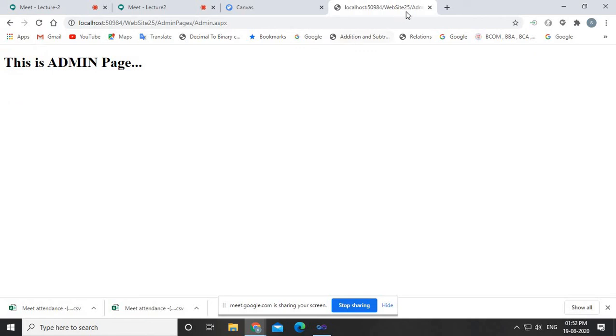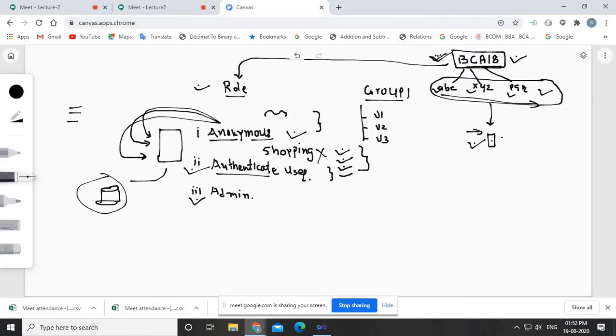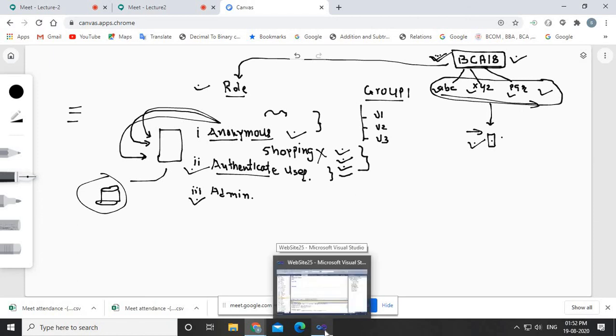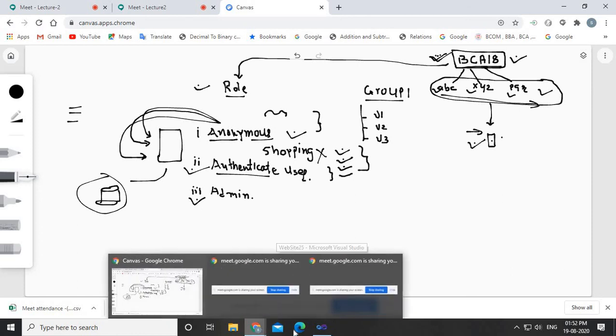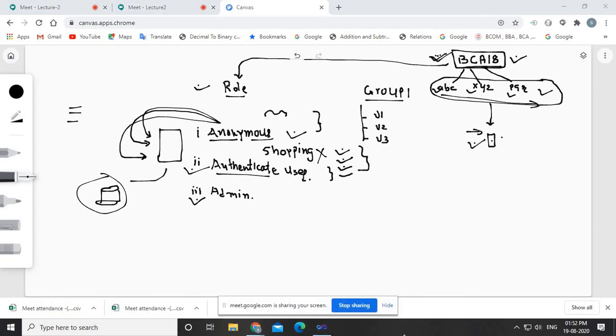Getting this? Fine. So in security, we are keeping our session up to here. In the next session we will discuss a few more things related to user management, and we'll see how we can create the profile and all. Currently I'm just taking a pause. In the next session few more things we will discuss, and if you have any questions